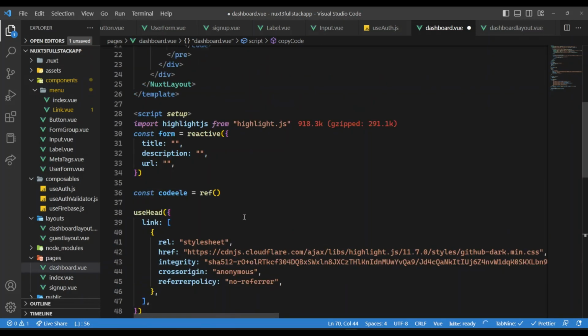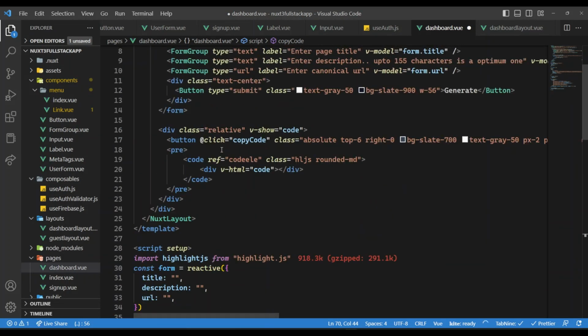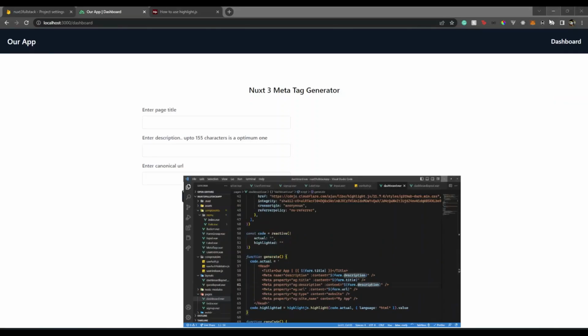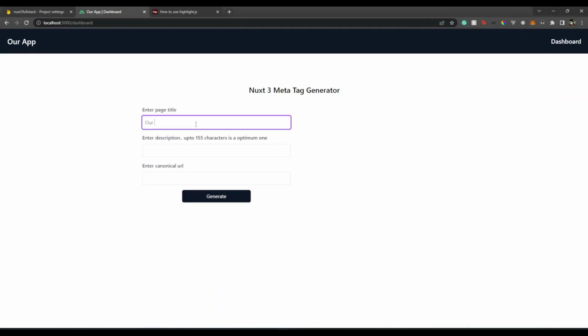And what do we need? This should be code.actual, and this should be code.highlighted. Okay, this should be great. Yeah, this should be actually code.actual. There you go. And then if we try it out now, our app